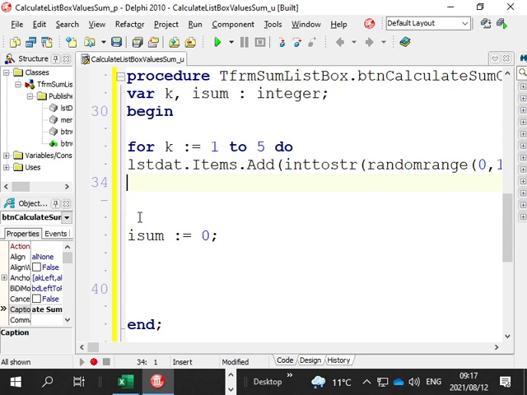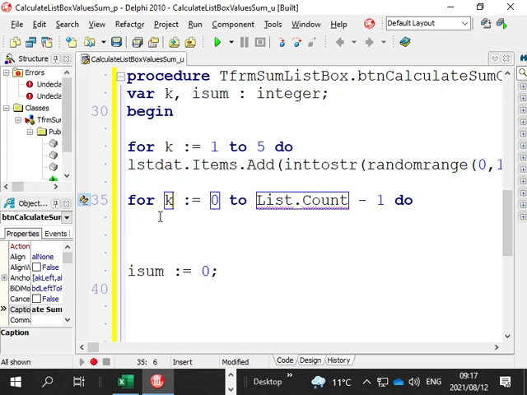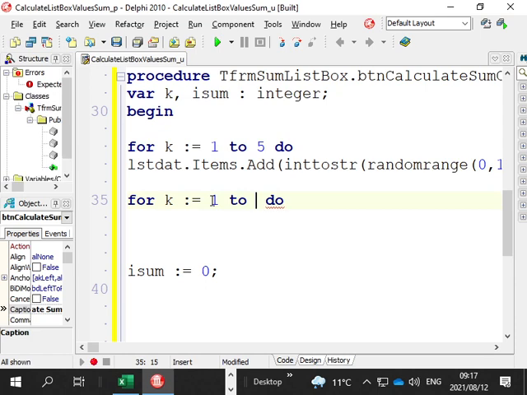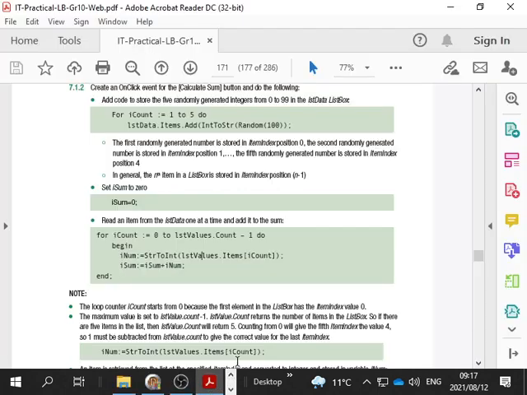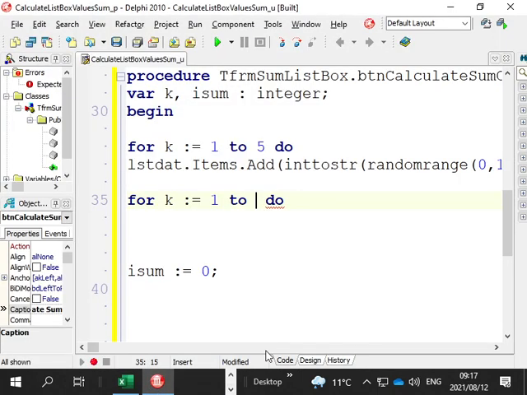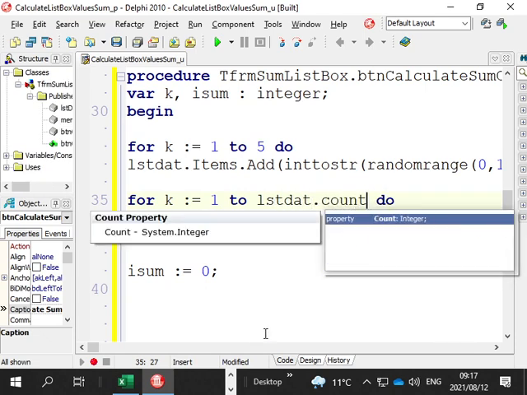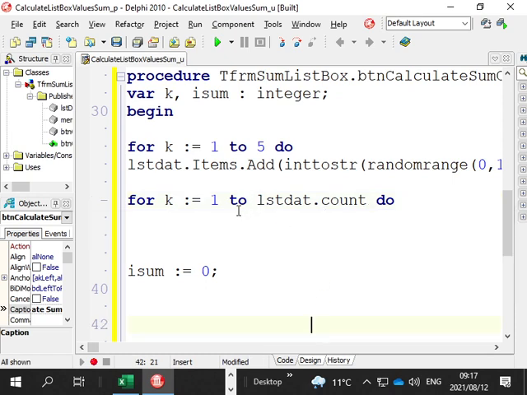Now, it doesn't matter what k is if we're going to use our for loop again. For k equals 1, 2. And then they put the code in there that we are using, the list values dot count property. lst dat dot count. Okay, but if we go from 1 to list dat dot count, we are not going to have, well,